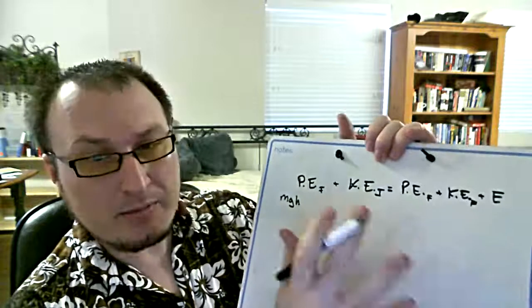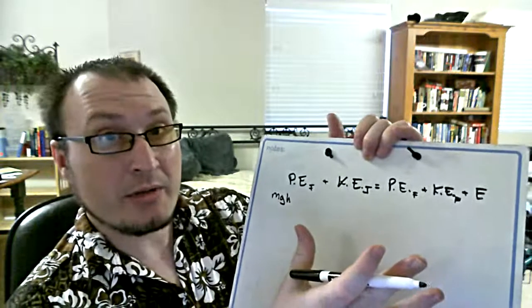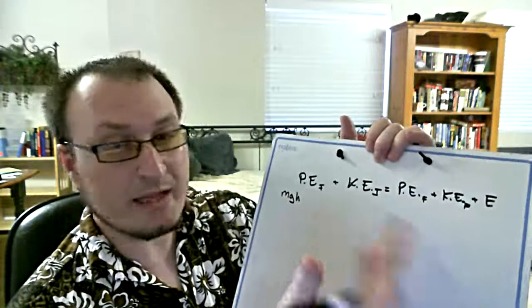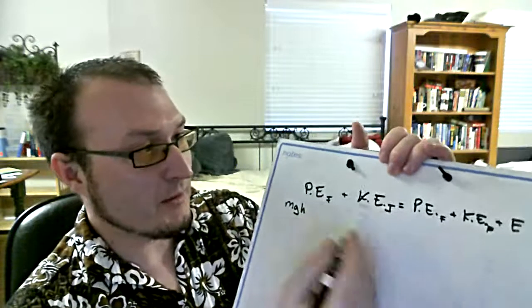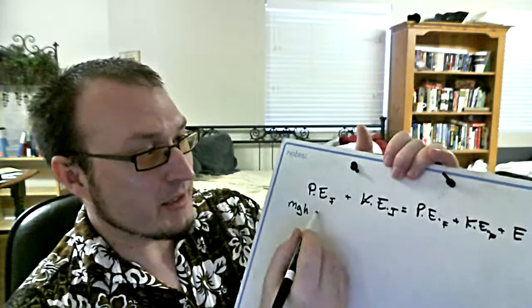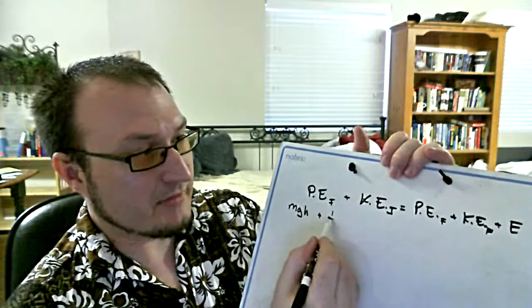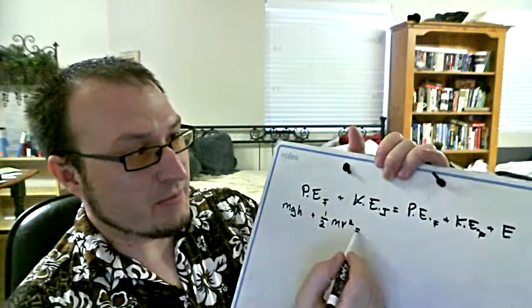Now, if you read the problem carefully, and if you need to look at it again, by all means, you're probably going to be looking at the problem a couple times for confirmation of what you think you know about the problem and how you think you're going to be working the problem. But the kinetic energy initial, we could just say this. This thing has a constant velocity, so we could just say it's 1/2 mv squared equals the potential